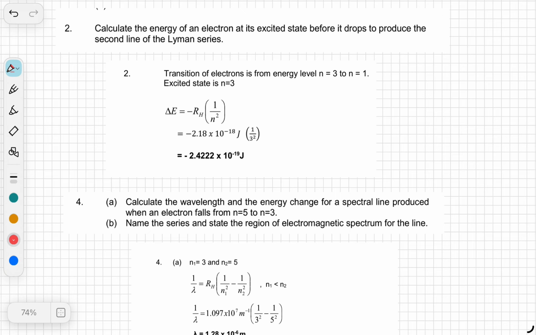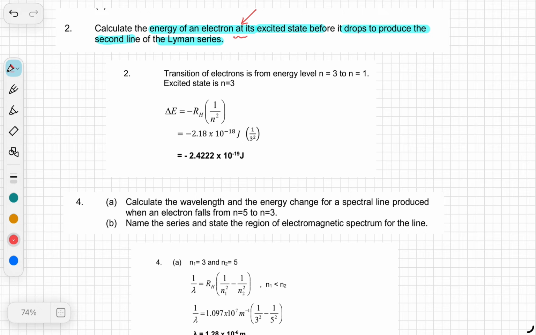Alright, let's get started. So the first question is question number 2, whereby calculate the energy of an electron at its excited state before it drops to produce the second line in Lyman series. So this question, you have to first understand that the energy that they are asking to calculate is the energy of an electron at,